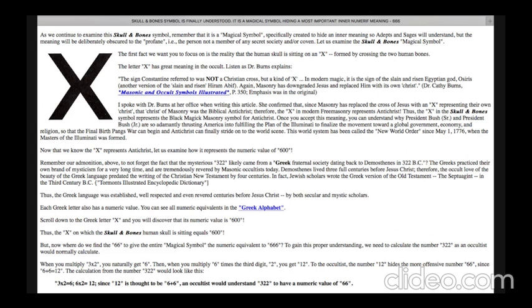To the occultist, the number 12 hides the more offensive number 66, since 6 plus 6 is equal to 12. The calculation from the number 322 would look like this: 3 times 2 equals 6, 6 times 2 equals 12. Since 12 is thought to be 6 plus 6, an occultist would understand 322 to have a numeric value of